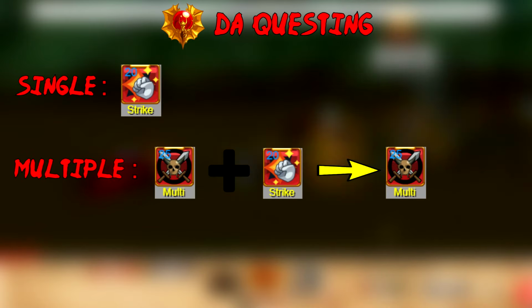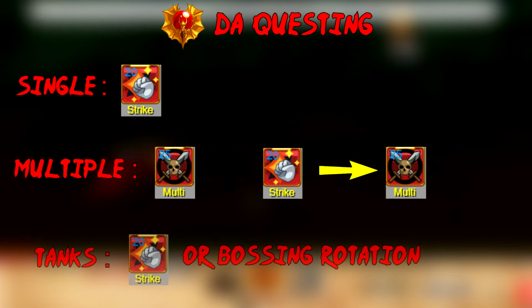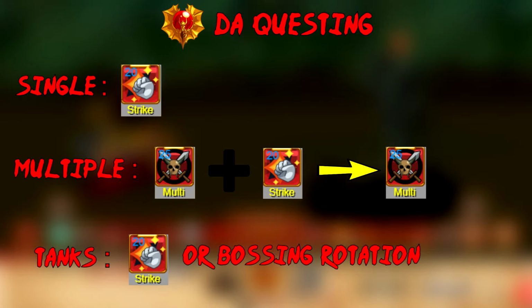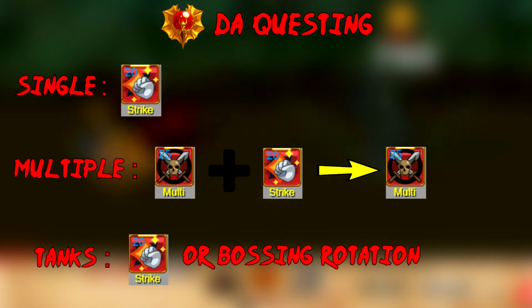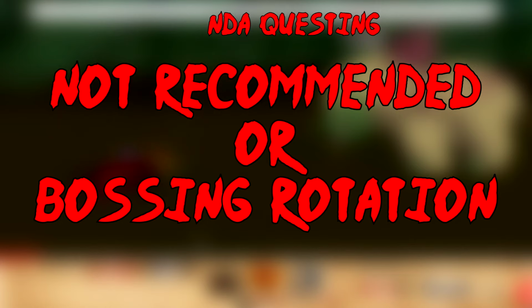For questing, you can just use Massive Strike. The Shuriken multi-skill does take a while to build up damage for multiple mobs, so that's unfortunately its weak point. Against tougher enemies, you can play the long game like this class was intended to, and use your bossing rotation to save some HP. Unfortunately, Ninja is pretty bad at questing for NDA players, so I wouldn't recommend this class